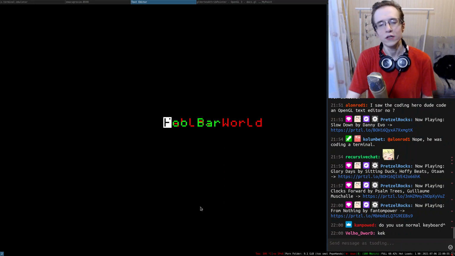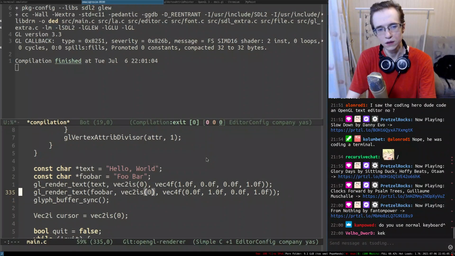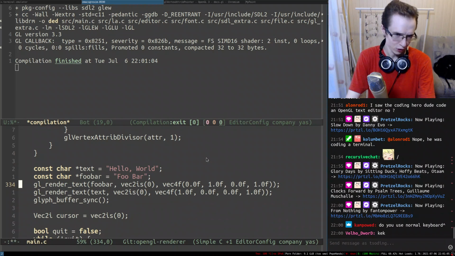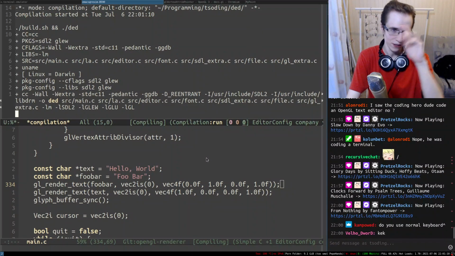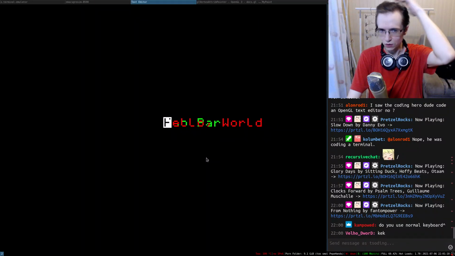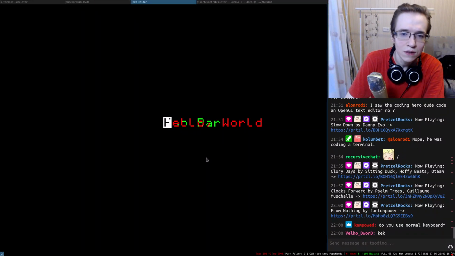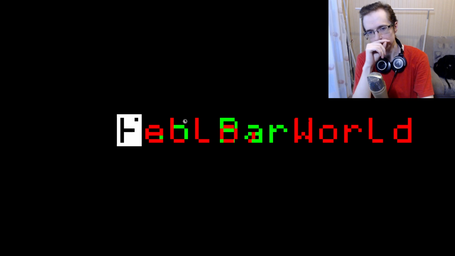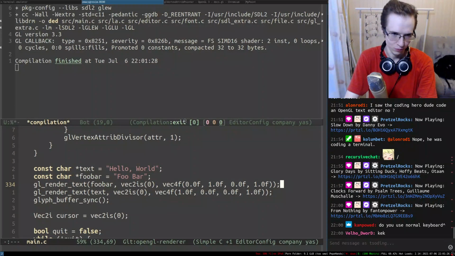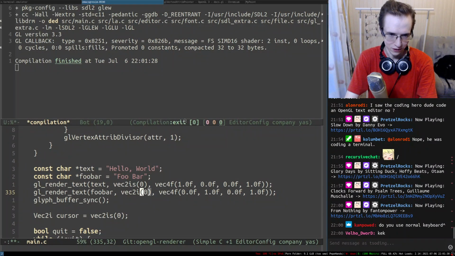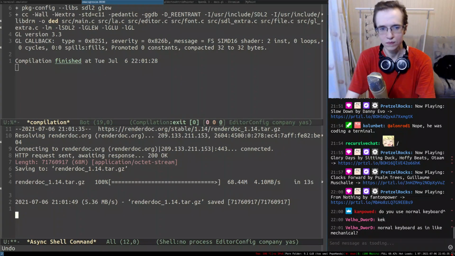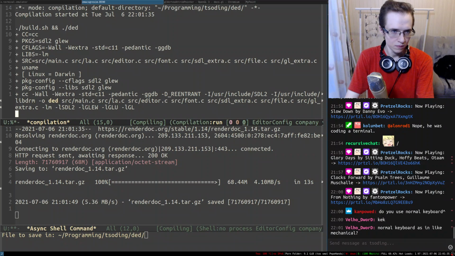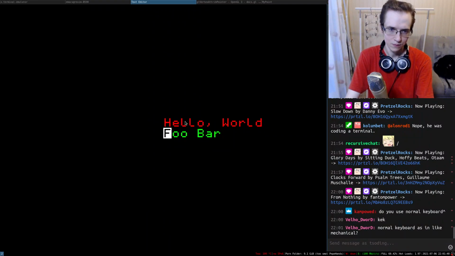Alright, so it's kind of weird that it first drew the foobar. But I suppose the order shouldn't actually be defined. I don't think the order is defined in this particular situation. But yeah, according to my understanding of shaders, it just shouldn't be defined that easily at all. So maybe we should not even rely on an order in these kinds of situations.